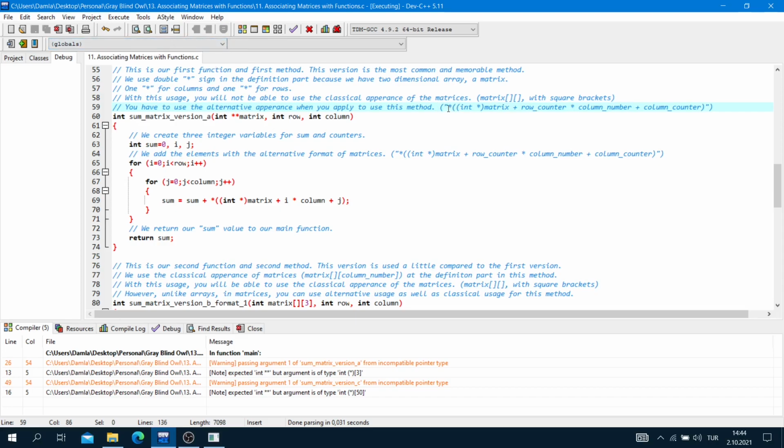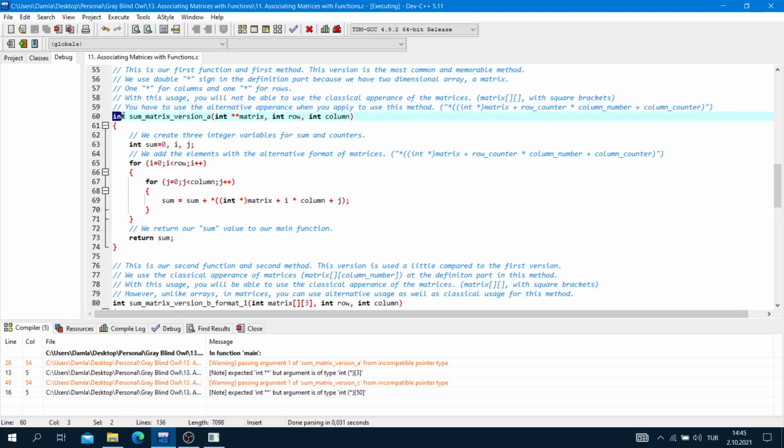This is an alternative usage: a reference, and also integer pointer, again a reference, matrix plus row counter times column number plus column counter. Okay, row counter times column number plus column counter. I will show this in our function.